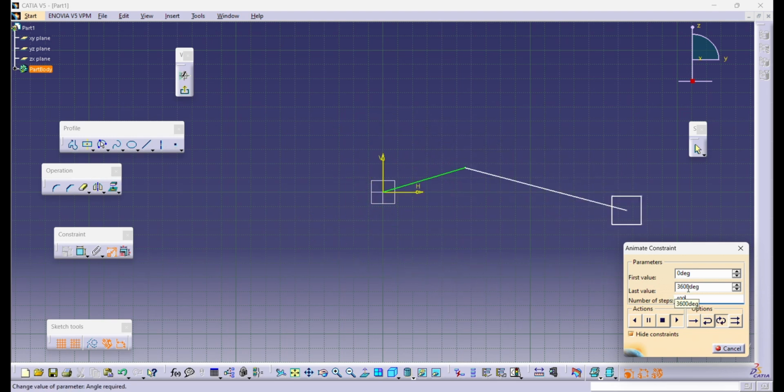If we increase the value, it will run faster like this, and if we select the repeated option like this and run forward, it will run backwards like this. So this is the animation for bar